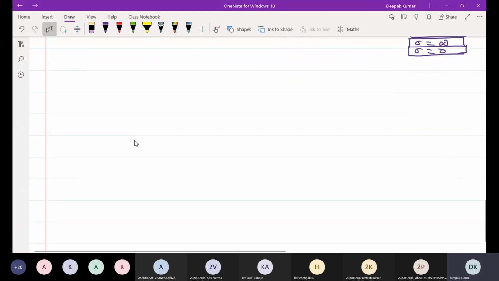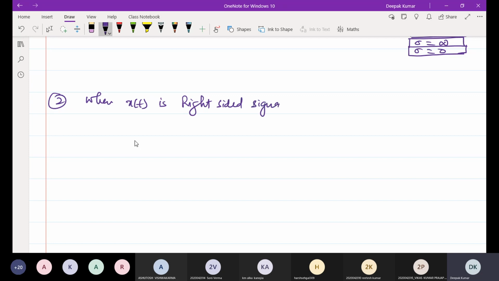Another property of region of convergence is when the signal is right-handed. When x of t is right-sided or right-handed, right-sided means a causal type of signal like this. X of t is exponentially decreasing for this type of signal. You can say this is right-sided. Then the ROC will be